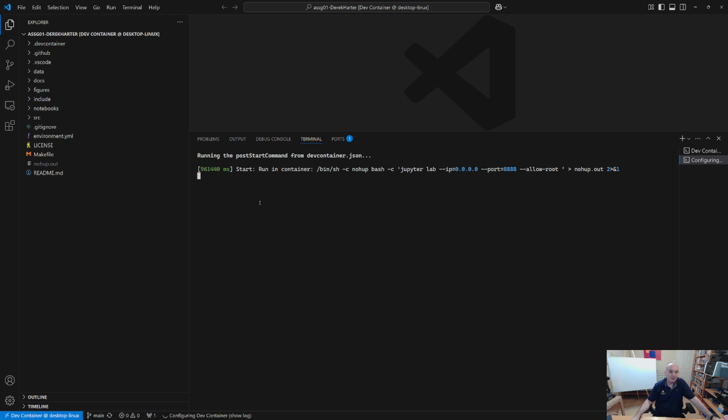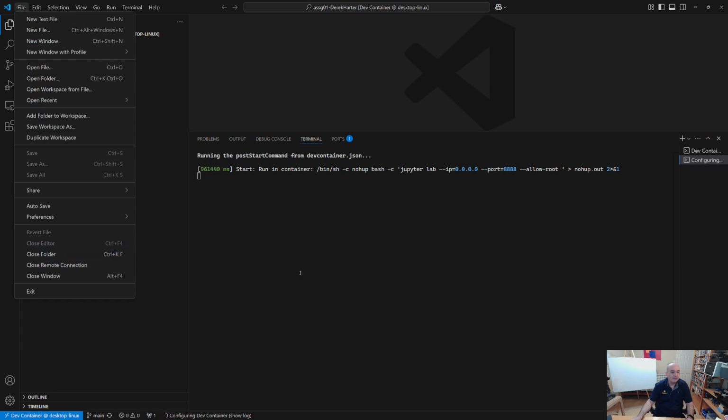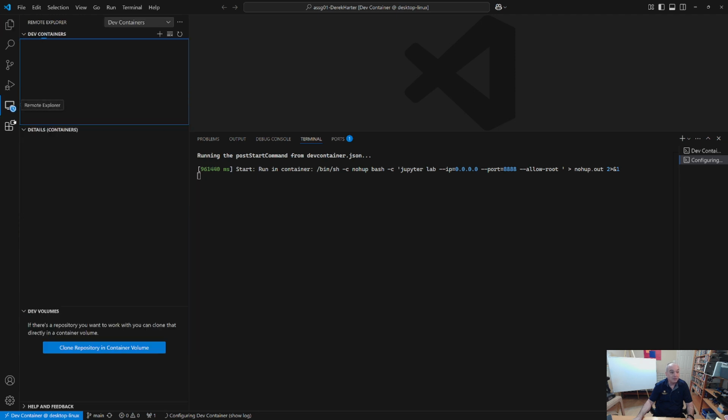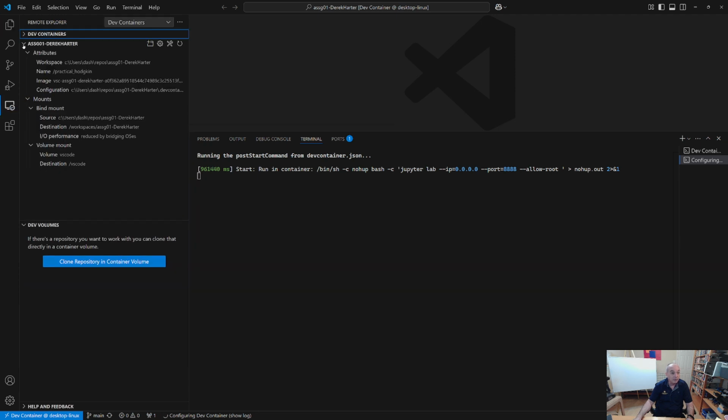One thing I often see, if it's gotten stuck while it's doing the containers and setting things up, is that it keeps track of how long it's been running. If that seems to stop, it's probably stuck installing something. So you can just try stopping this container and then restarting again. If you want to stop a container, you go over to File and then say close the remote connection, or you can go to your Remote Explorer